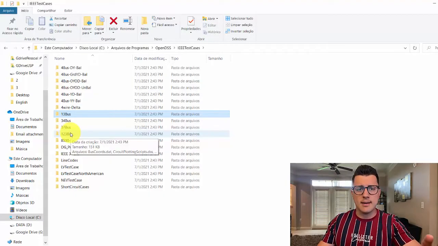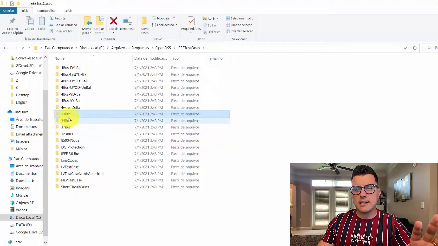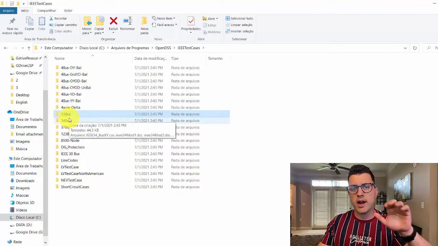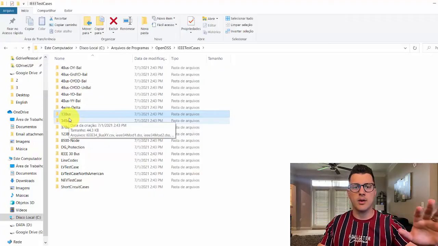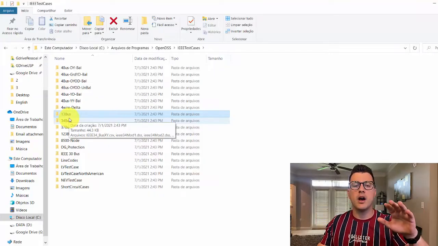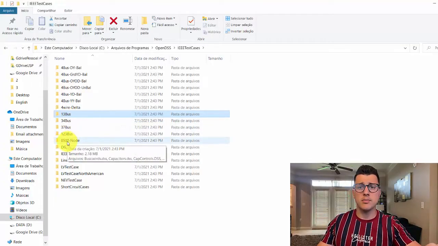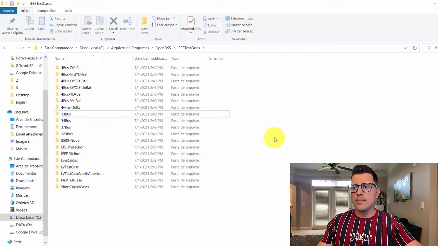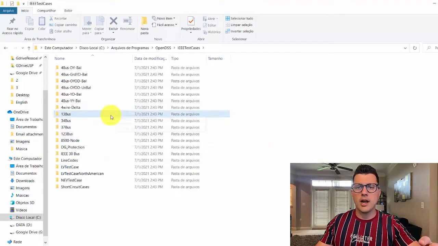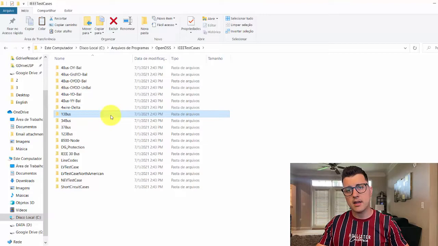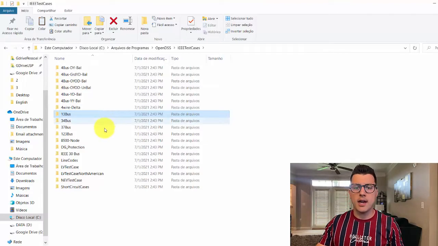So with that said, I will select and use the 13 bus because it's simple and has different elements that I will need to show you the results. Other than that, I would suggest you go to the 8500 node test feeder. So what I'm gonna do in this video, I'm gonna copy this feeder and I'm gonna paste